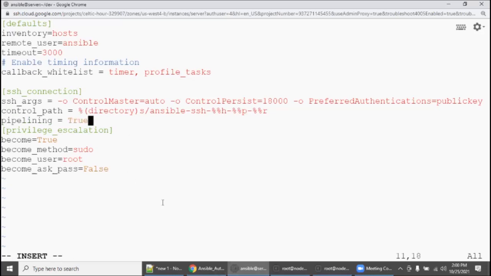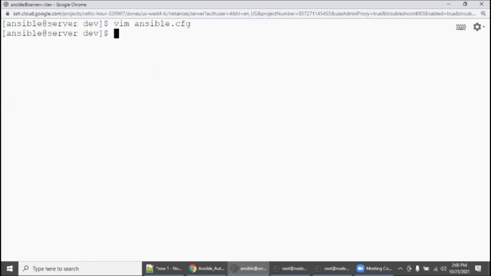One more question is, how do I know all these from my reference? Mostly there is clear documentation, or go to ansible.cfg, pipe grep -i.